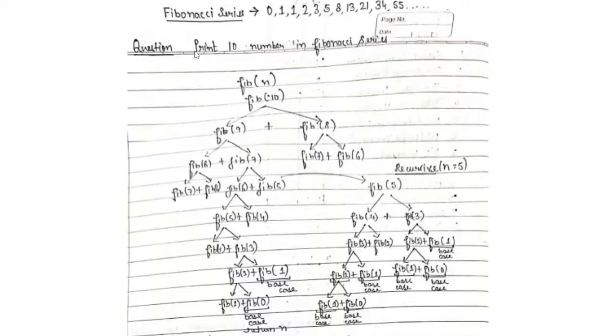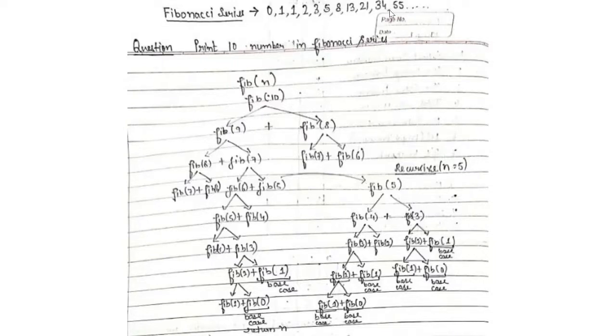Now coming on to our recursive tree, what do we see over here? This is our Fibonacci series, and what does this series state? That starting from the third number, each number is the sum of the previous two numbers. So we can see here that the element at index 2, our second Fibonacci number, is a sum of the numbers at 0 and 1. In the same way, this 2 is a sum of 1 and 1. Then this 3 is a sum of 1 and 2, this 5 is a sum of 3 and 2, and so on. So this is our Fibonacci series.